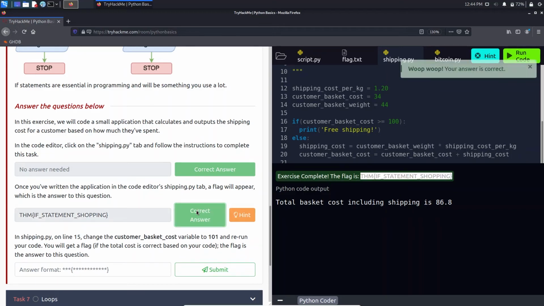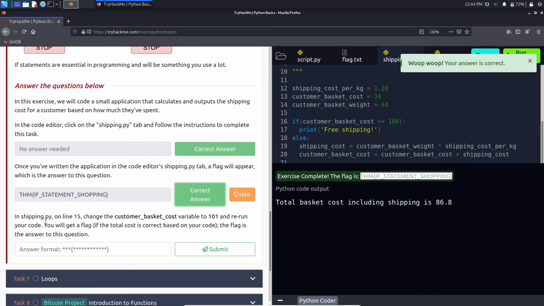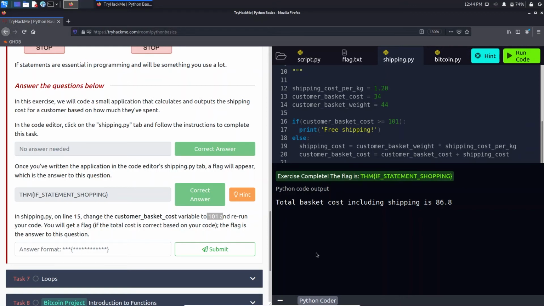So just to submit it, and in shipping.py on line 15 change the customer basket variable to 100 and rerun your code. So we just do it as 101 and rerun the code. Line 15, so I'm really sorry, let it be 0 here only.